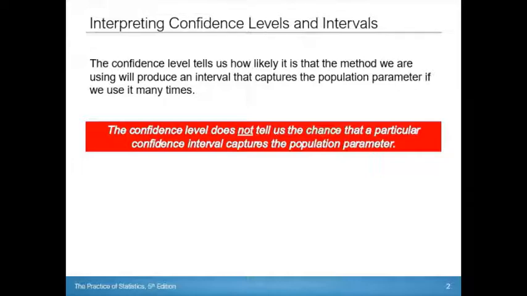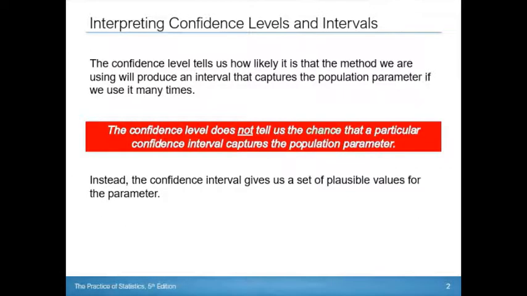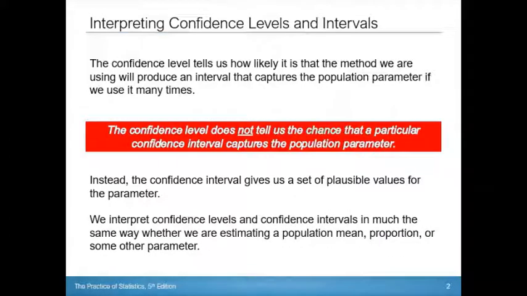We really don't know which one is happening because we don't really know what the parameter is. So it's not a probability or a chance, that kind of thing. Often we'll use 95% as our confidence level, but that does not mean that there is a 95% chance that we captured the true mean. That is not how we interpret it, and that's not what it means. So be careful with that. All right, so it basically gives us an interval of plausible values for that parameter. It's one way to sort of look at it.